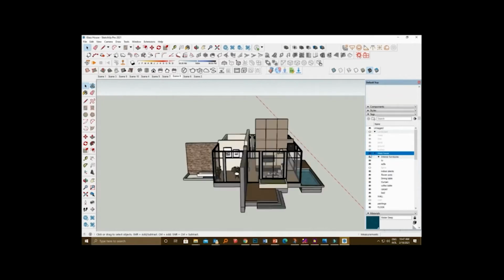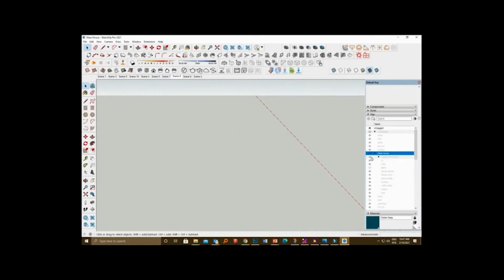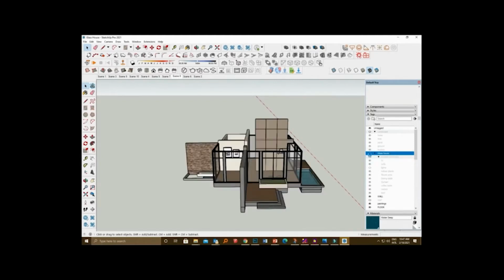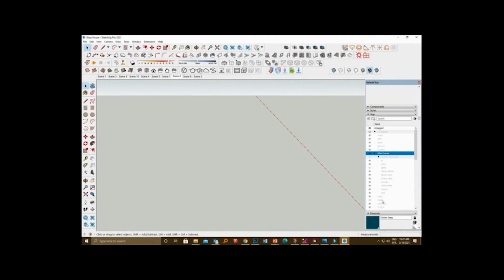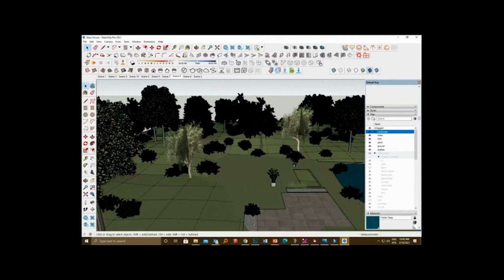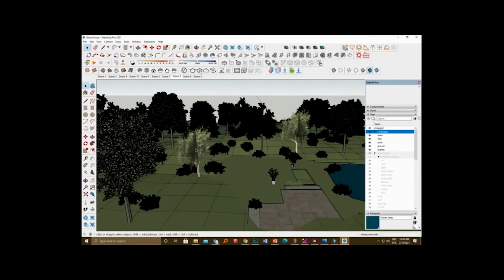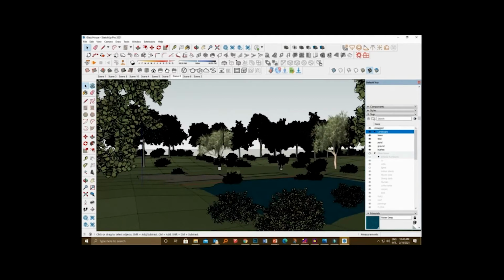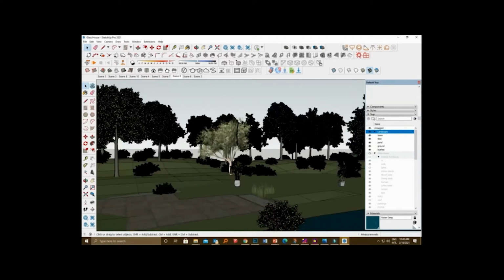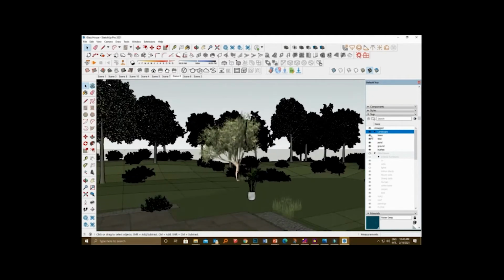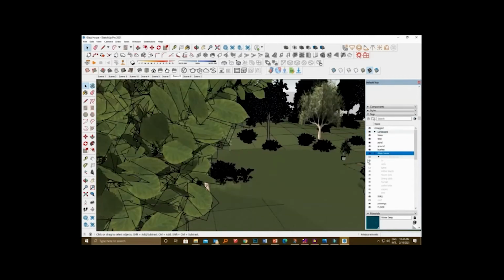So now if you have the list of tags, you can organize them into different tag folders and control the visibility per tag folder, so that we can achieve better arrangement of tags. And the cool thing about this is we can even expand and collapse the different tag folders as per our needs. Now, if I want to work on the landscape, I just need to hide the glasshouse.